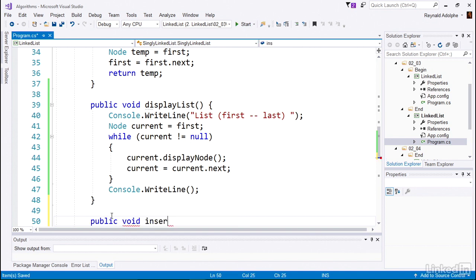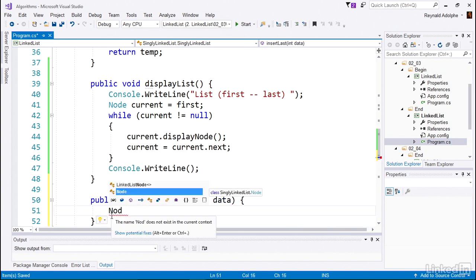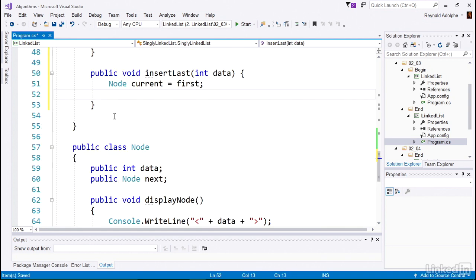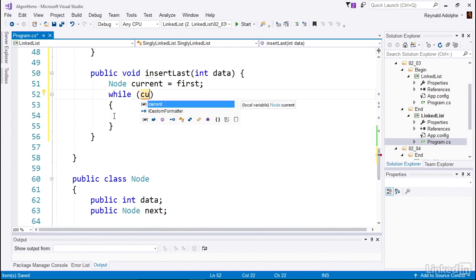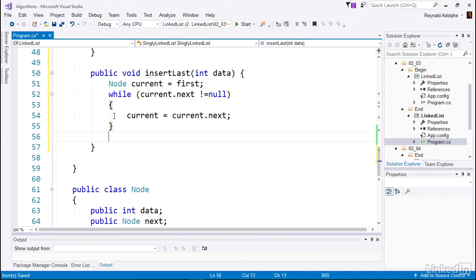We'll call this insert last, and this will take in an integer for the data. Our first step here is to assign first to current, and then we are going to generate another while statement, and the condition will be current dot next, and we're checking to see if it's null. And then we assign current next to current. So essentially we are just looping through up until current next is null, at which point we know we're at